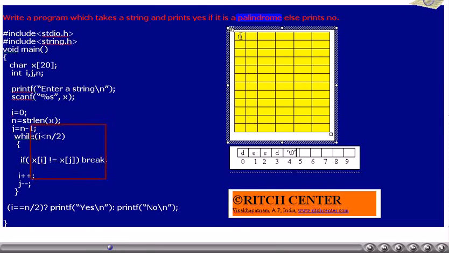Then only do we go until i is equal to n by 2. That means all the n by 2 pairs are the same. Thus, once we come out of the while loop, we compare i and n by 2. If i is equal to n by 2, then we say it is a palindrome, otherwise it is not a palindrome.